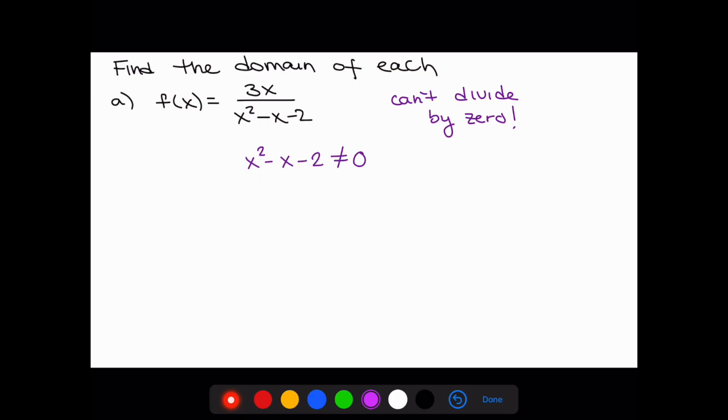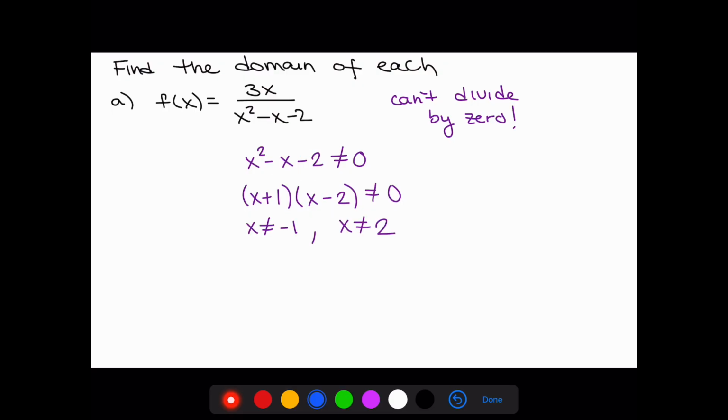This is a quadratic equation. I think we can factor this. Let's see, we're looking for two numbers with a product of -2, but a sum of -1. So 2 times 1 is 2, and if we make the 2 negative and the 1 positive, it adds up to -1. So we can factor this as x plus 1, x minus 2, and then I set each of